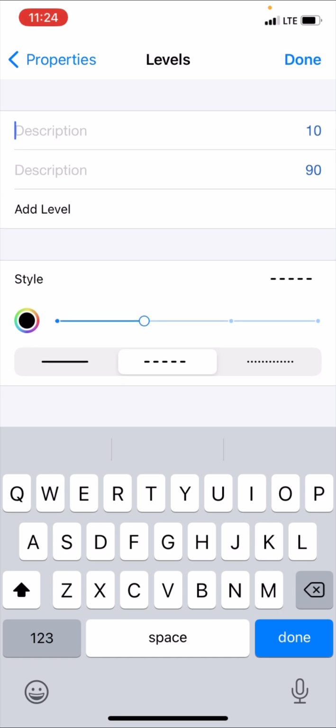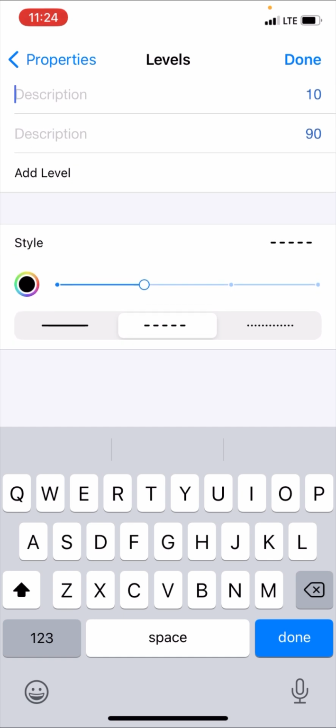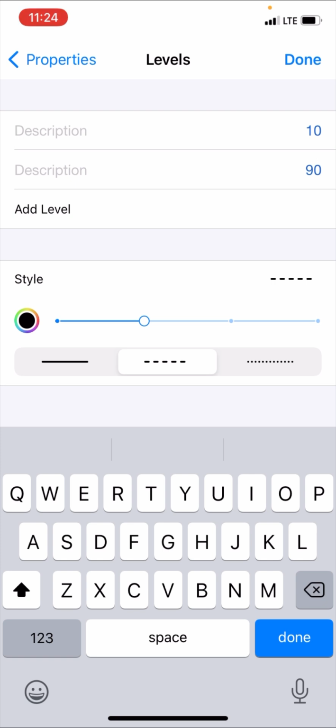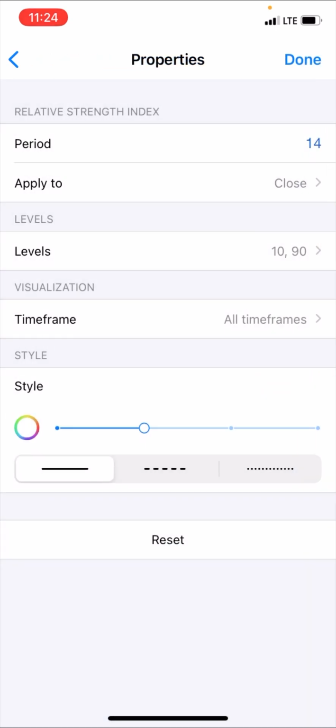So you just want to leave your style at 2 pixel. You want to use the black color if your background is white. Just copy this setup as it is and then click done, guys. All right, so the next one is the